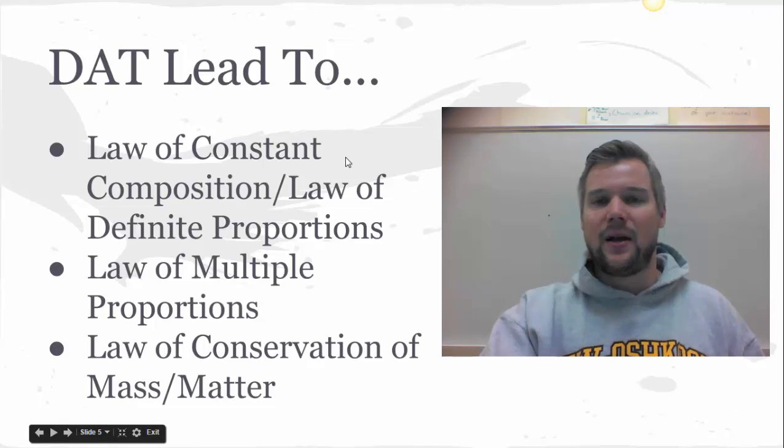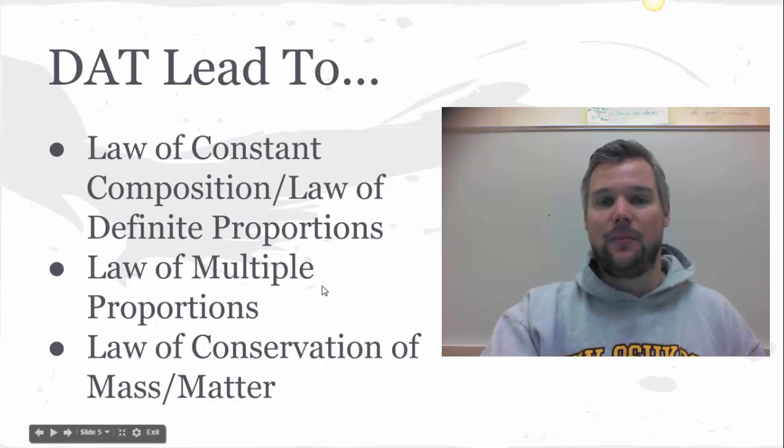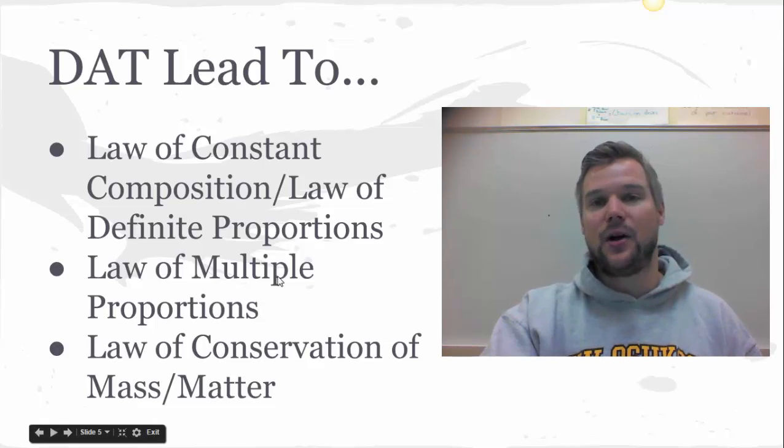But we can take those same atoms, H and O, and we can do them in a different ratio, for example, H2O2, and we'd make a different compound. So we can do a different proportion, a 2 to 2 proportion, a different compound with different properties, and that's hydrogen peroxide. So we have water, hydrogen peroxide, two different compounds, and that's how these two laws work.